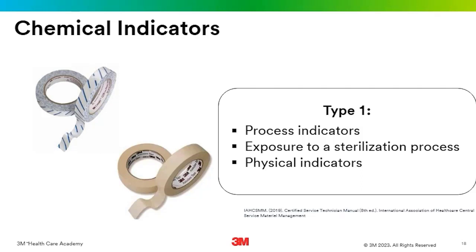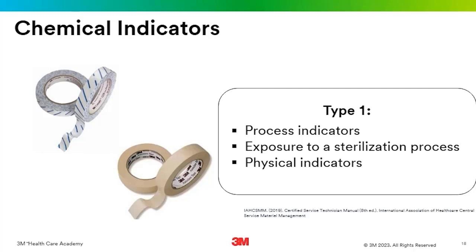It's not uncommon to have that type of slip where you call everything a process indicator. I've seen it happen often where chemical indicators are referred to as process indicators, right? Specifically speaking, your type 1s are your process indicator. They demonstrate an exposure to a sterilization process. I also like to call them your physical indicators. These include things like tapes and locks, right? They're only going to change based on the type of sterilization or sterilant that they're designed to have, and they make some type of physical indication that they've come in contact with that sterilant,